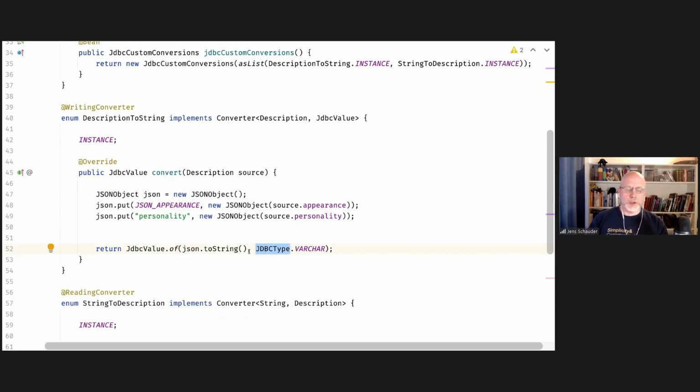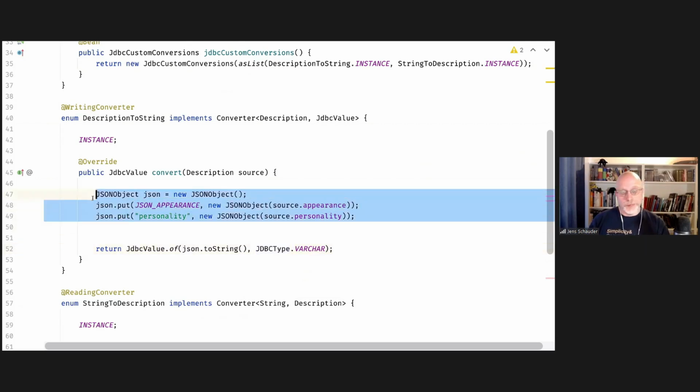In this case, it's probably superfluous and overkill, and we could just return a string and make this an actual converter from description to string. But I wanted to showcase this JDBC value because if you need to control this JDBC type for your requirement and your specific JDBC driver, you can do so using just JDBC value. And the actual conversion is, as I teased with JSON, a conversion to a JSON object